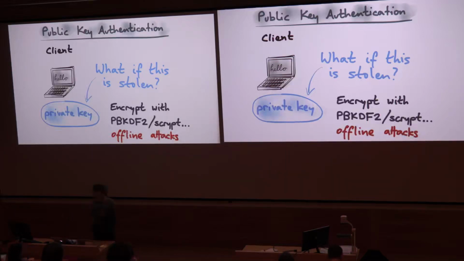And so people use PBKDF or bcrypt or scrypt, or you could use argon2 or the other hash functions we talked about, all as ways to slow down an attacker. So if an attacker manages to get hold of this key material, to what extent can we slow them down simply by making the computation sufficiently expensive that they probably won't be able to break the passphrase in some amount